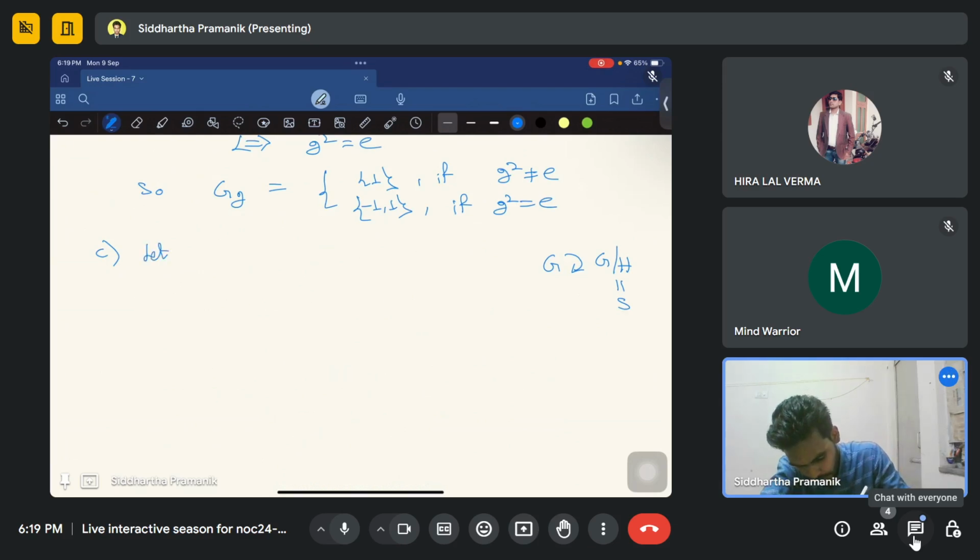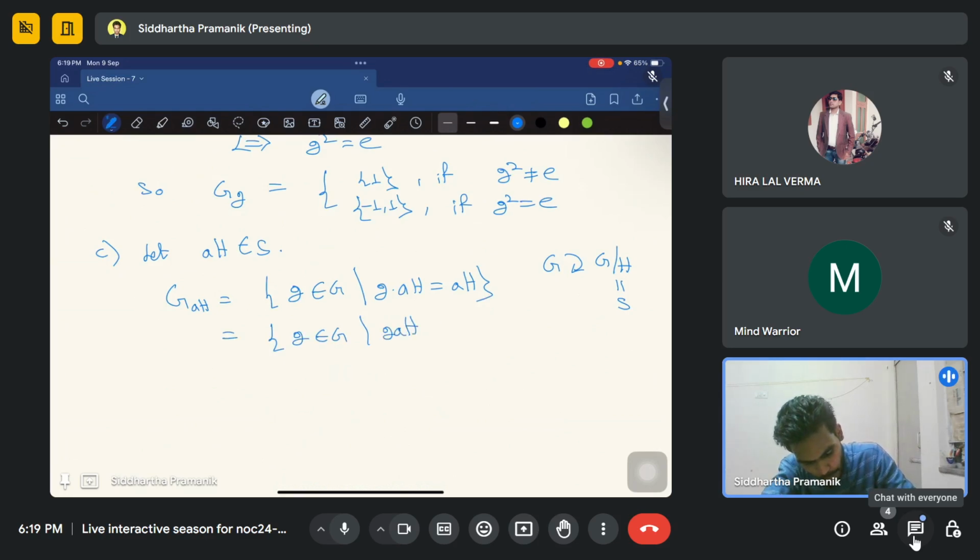So let aH belong to S, and we need to find the stabilizer of aH. So by definition it is the set of g belongs to G such that g dot aH is same as aH. So this is equal to g belongs to G such that g a H equals aH,